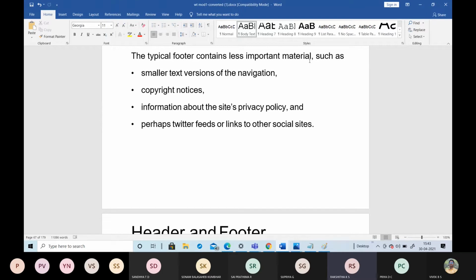In the footer, the material is less important; we don't give more importance to the data on the footer side. It contains copyright information, contact information, or related documents to whatever you have written in the web page.